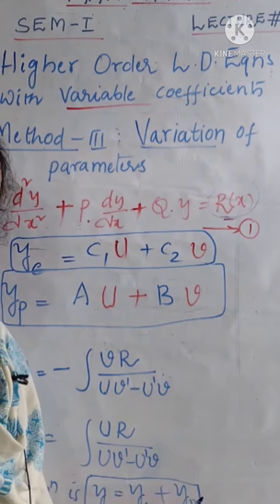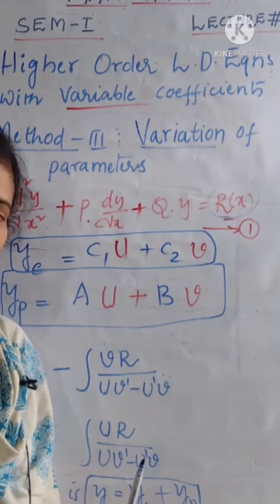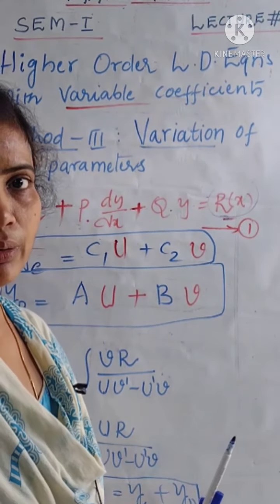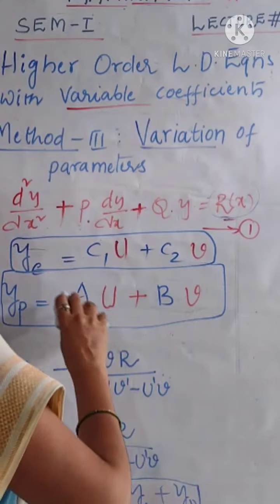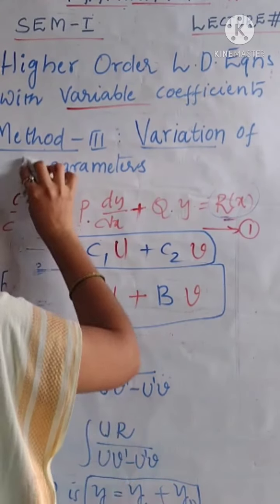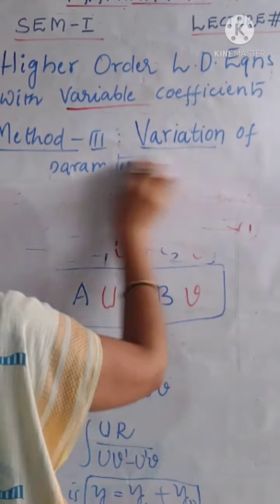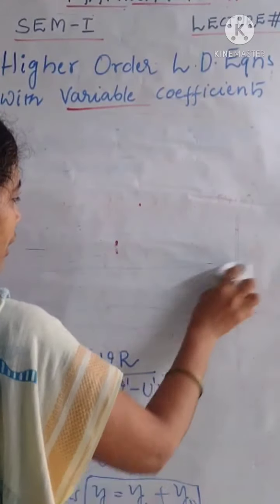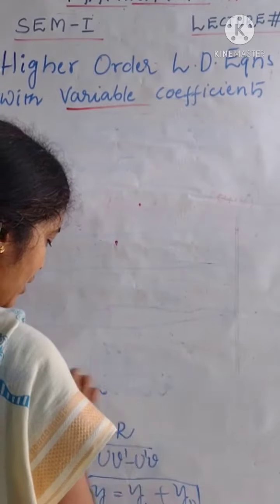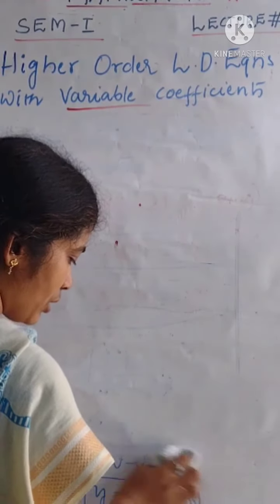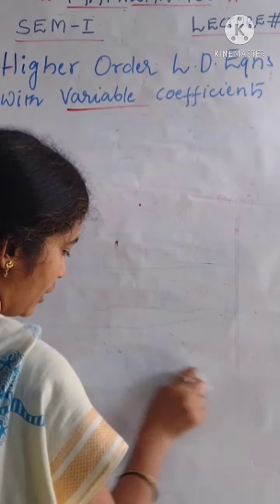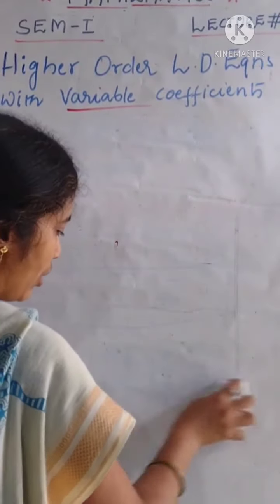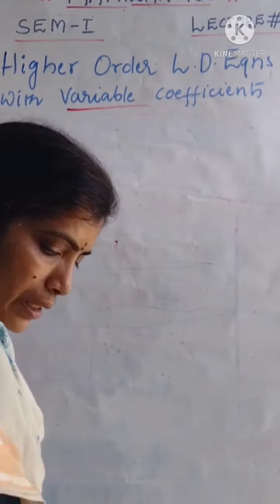Remember this, very easy. But if the question asks to solve by using this method, then only you attempt the question in this method. Okay, let us consider some more examples by using this method. I have already given you notes in the WhatsApp group. Please note the notes and ask the questions, whatever doubts you have, and clear them.